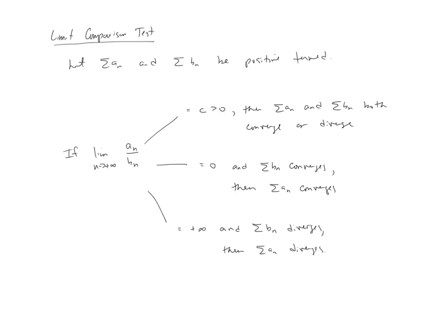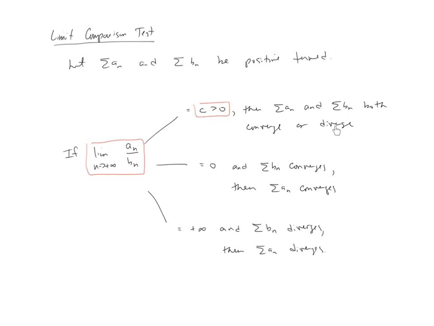comparison test. And so for this one, if series a sub n and b sub n are positive termed, okay, this is the one that's going to be given. This is the one that we're going to come up with to compare it to, okay? Then if this limit where we have a sub n over b sub n is one of these three things, then we can draw some conclusions. So if this limit right here ends up equaling c, where c is bigger than 0, then both the original and the one that we started with both either converge